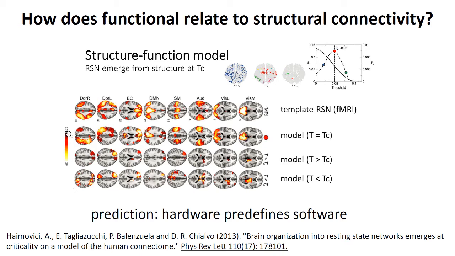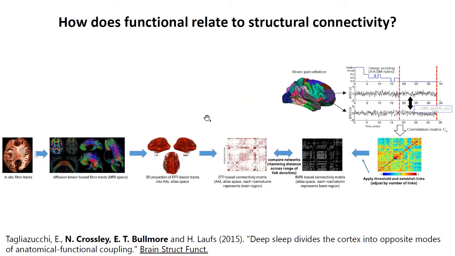So it seems that even if the dynamics are very artificial, you can still manage to find these resting state networks based only on what we call here the hardware. That is to say, the hardware, which is the structural connectivity, is predefining the software, which is the dynamics and the resting state networks. So we try to investigate this issue by comparing how structural connectivity, which comes from DTI, relates